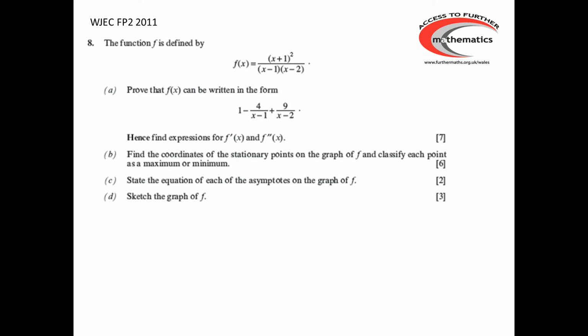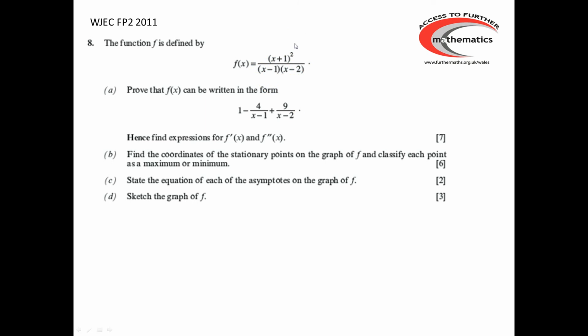We have f of x is (x plus 1) all squared divided by (x minus 1)(x minus 2). We have to prove that f of x can be written in an alternative form. There's a couple of permissible ways of doing this. One would be to use some polynomial division and partial fractions work. Rather easier though is simply to start with the final expression here and prove that that can be rewritten as